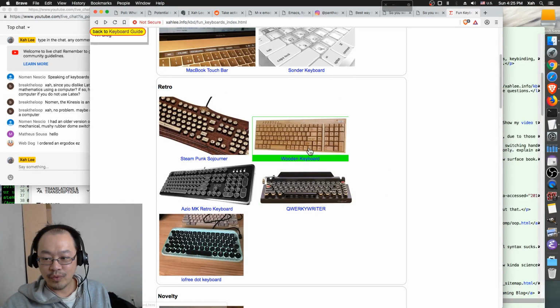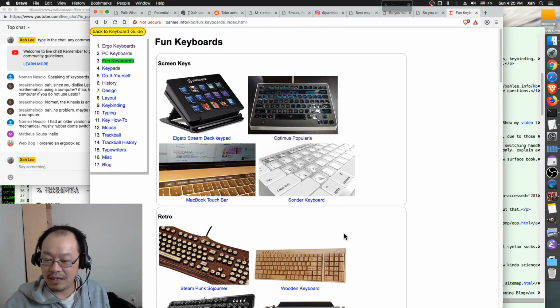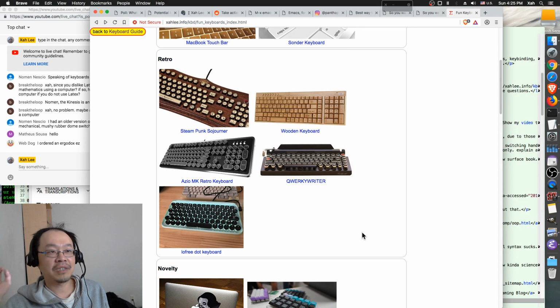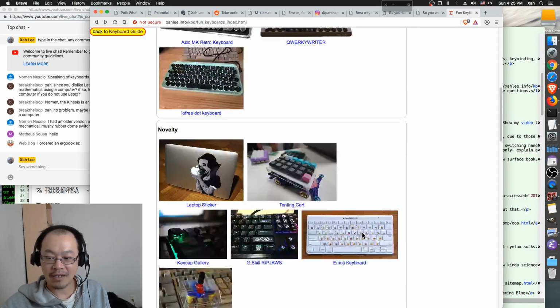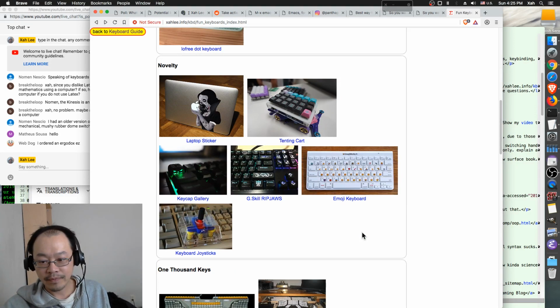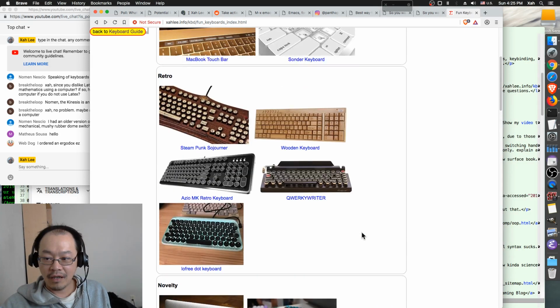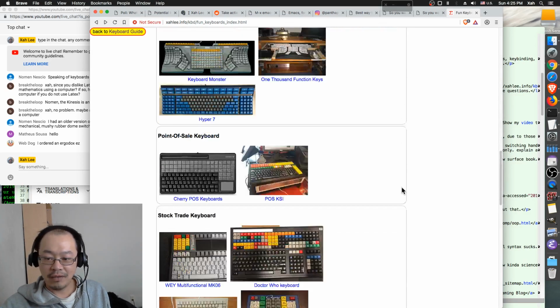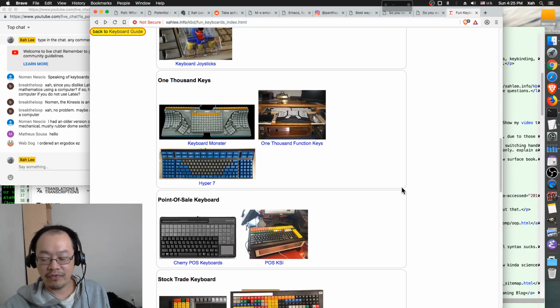So you also have wooden keyboards. One interesting thing is that in China, all the keyboards or any electronic devices are like 6 times cheaper. It's quite amazing. In general, everything you buy is like six times cheaper. And there are a lot of wooden keyboards they sell in China too. So anyway, this page is just a collection of funky things.